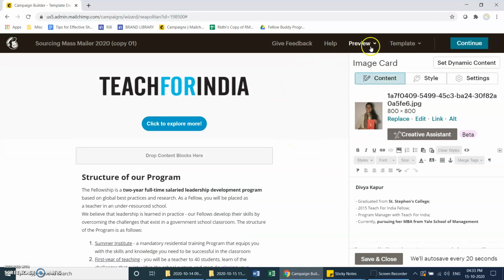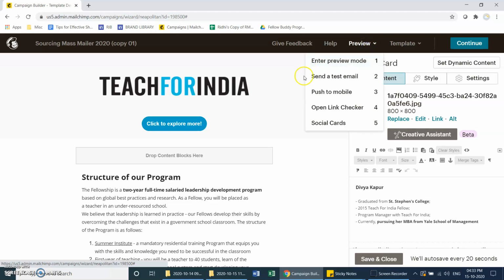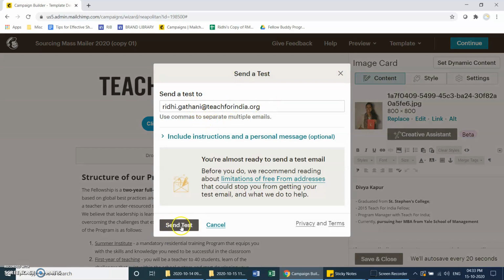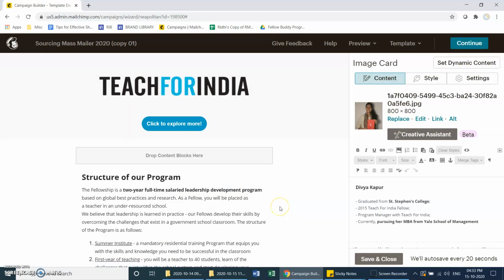If you actually want to get a test email, you can click on send a test email, put in your email address and send a test. Yeah, this actually helps you see what the subject line will look like and what the content will look like, if the spacing is odd, or if you have to get it reviewed by someone else, then you can take it there. Lastly, you can make this design a template so that you can use it if you're using this multiple times, or you could change the template to something else. After you are done with this, you can click on continue.